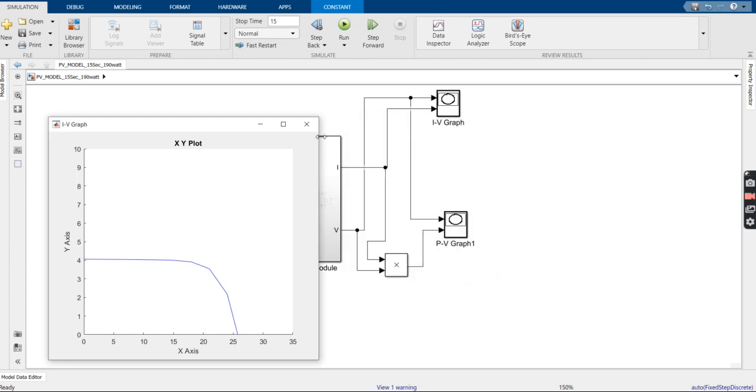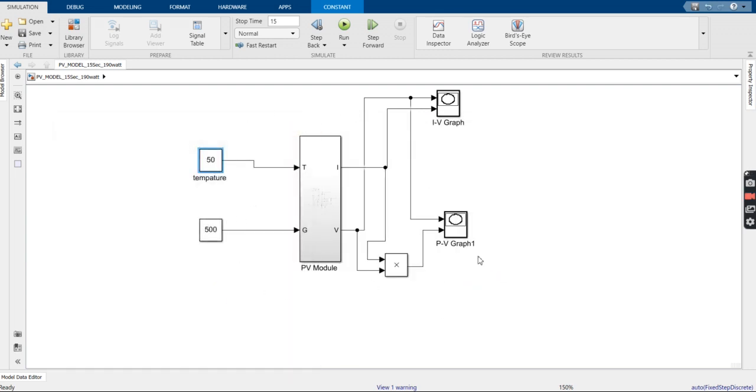So this is how the modeling of the PV cell takes place, and this is the process. And similarly,